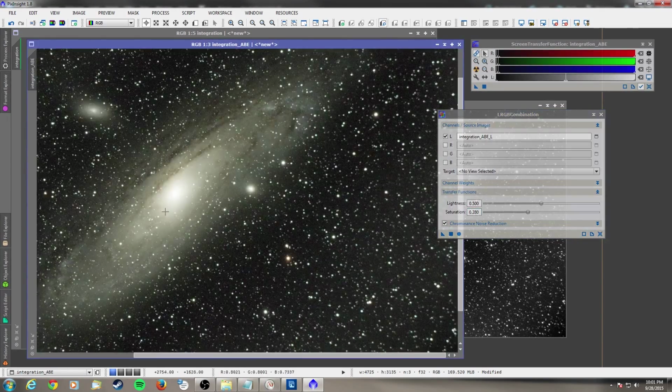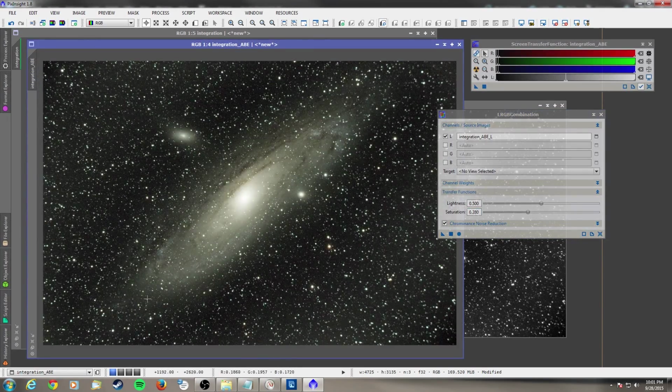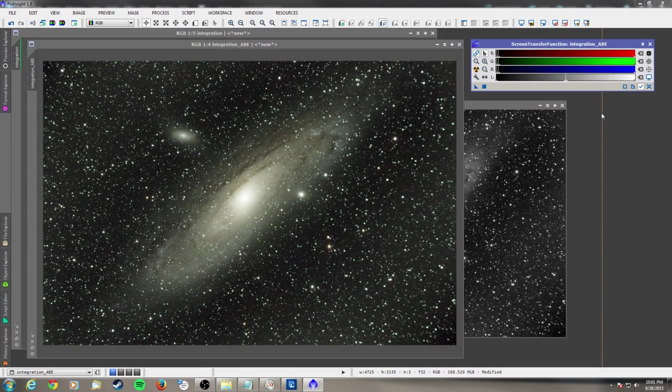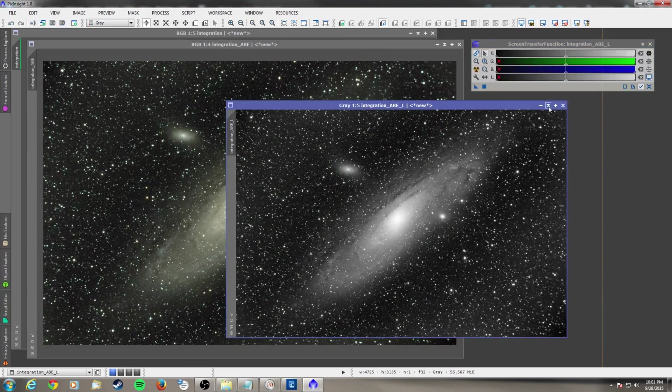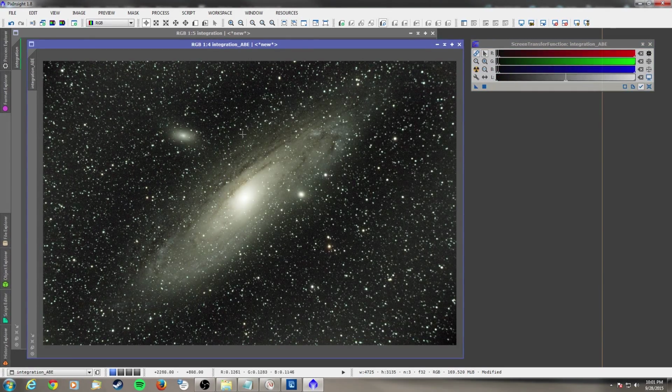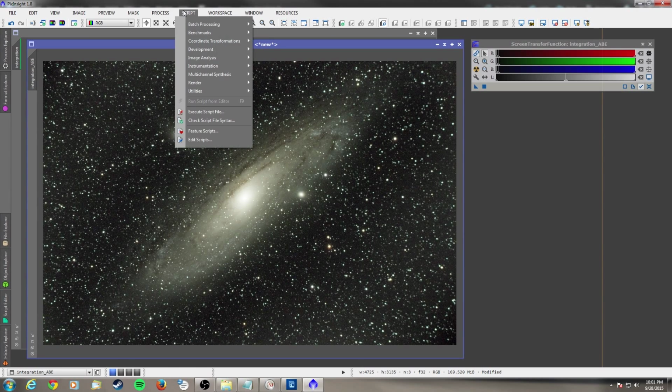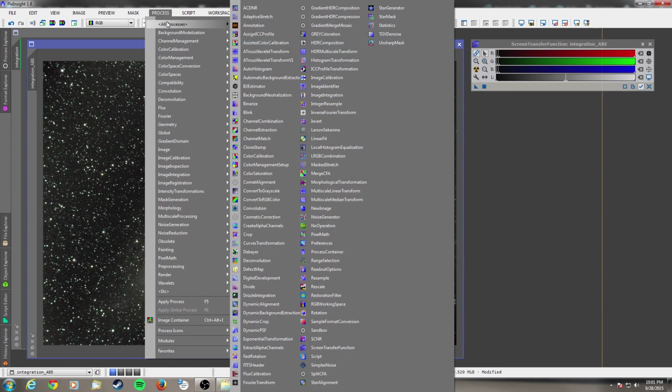So we don't want it to look washed out with too much color. That looks pretty good. Got a little bit more detail in there. So now we're going to apply a mask, and it's important to understand how these work, because you can completely mess your photo up by doing this wrong, especially if you're applying effects with the wrong side of the mask inverted. So let's use range selection,